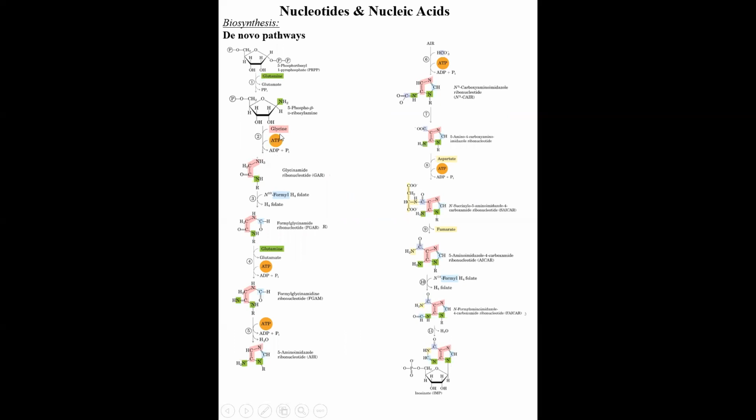This is also an energy-requiring step. Here one molecule of ATP is converted into ADP and inorganic phosphate. And you can see, if we put this PRPP, some people write it directly as PRPP. Here it is represented by R. R means the phosphoribosyl unit. Just R, to make it very simple. If we write the whole structure, it would be complicated.